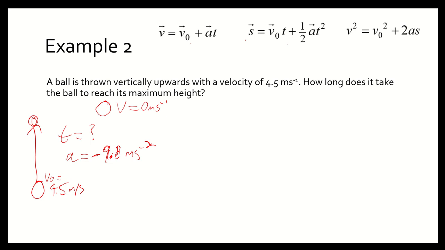This one has displacement. We don't have displacement, so we can't use that one. So look at this one. Do we have the final velocity? Yes, because it's stationary at the top of its path. We've got the initial velocity, 4.5 meters per second, acceleration due to gravity, and we can rearrange this equation to